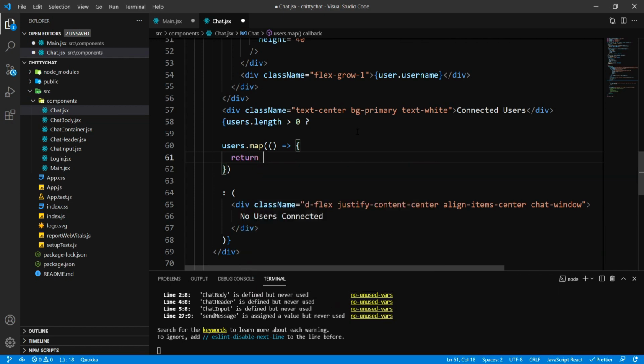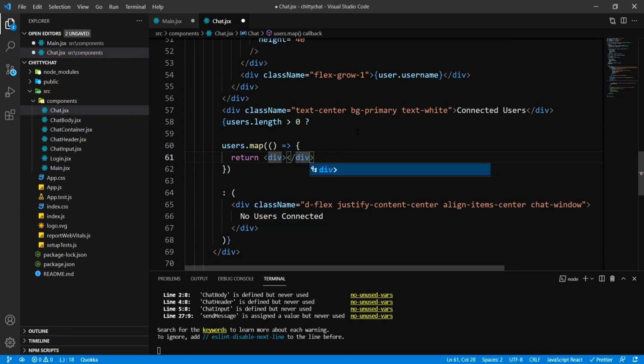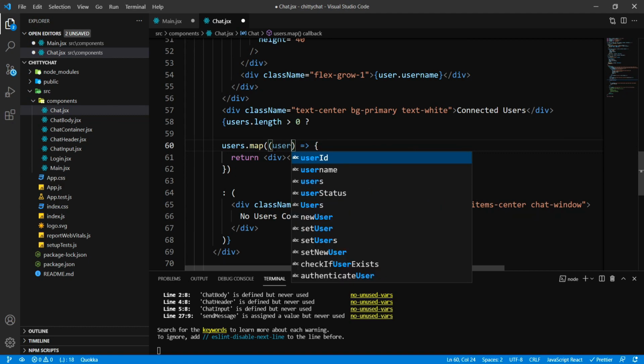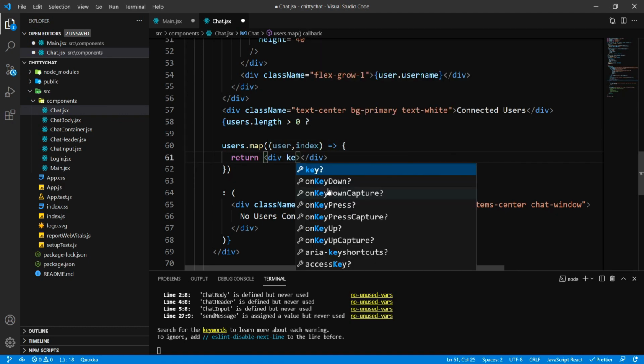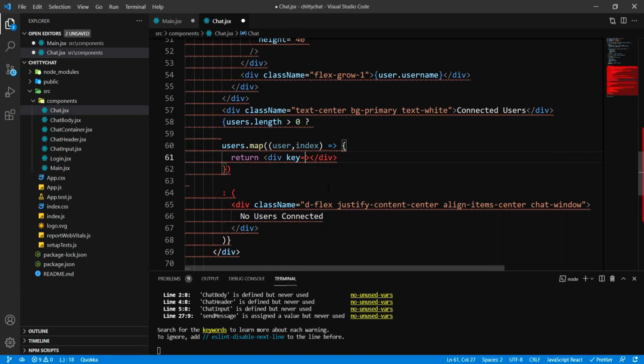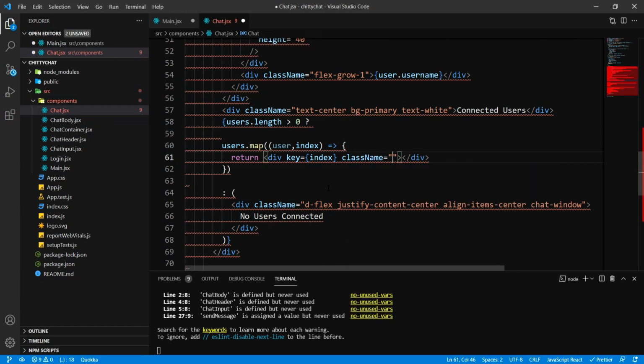This is going to return a div, right? And these are going to have user and index. So this is obviously supposed to have a key. So key of index,